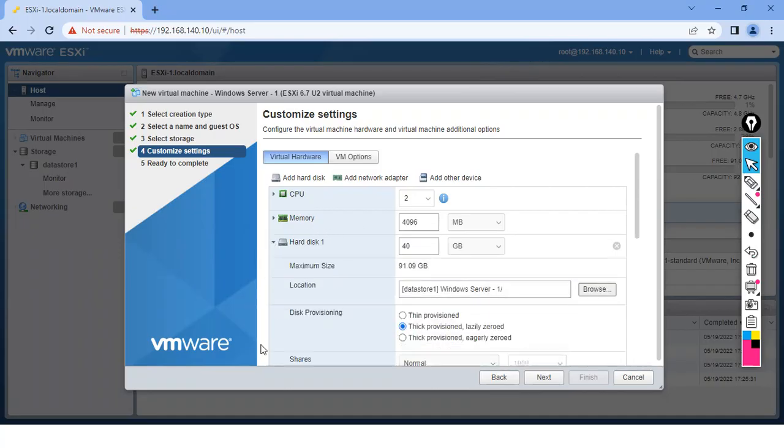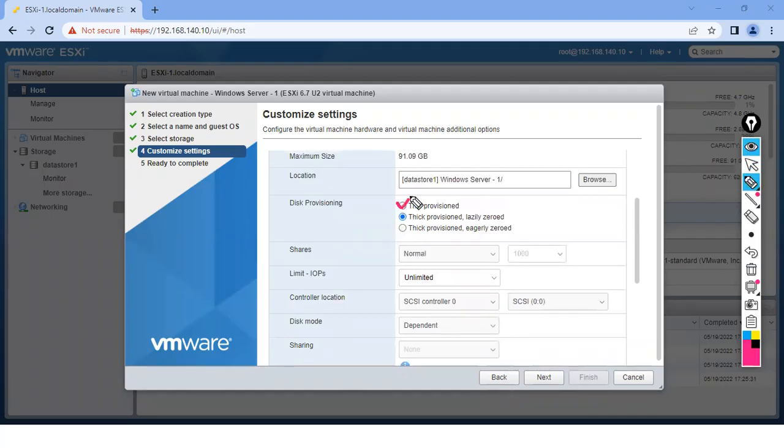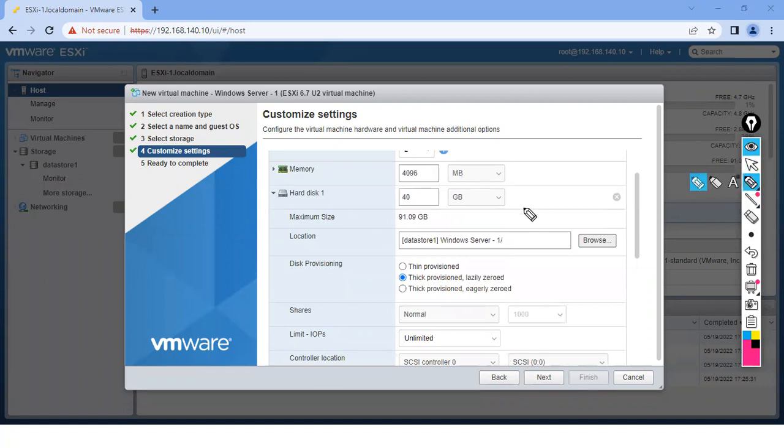You will go to the hard disk. Under this hard disk, you will get these options: thin provision, thick provision. By default, it has selected thick provision. Thick provision means, if you see here, it has selected 40 GB, and if you select thick provision, it will provide 40 GB right away. It will allocate 40 GB to this virtual machine right away,